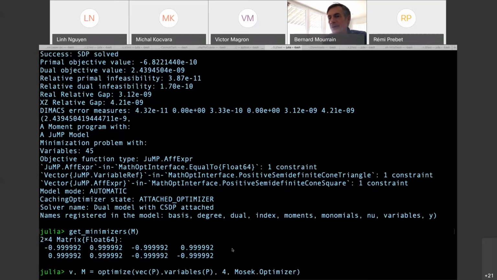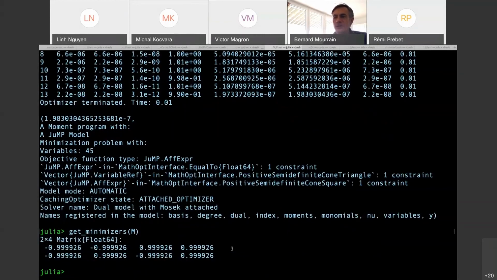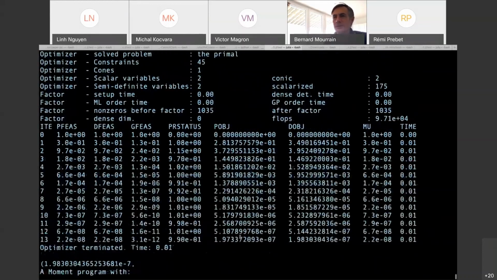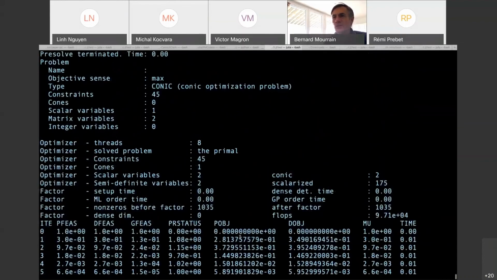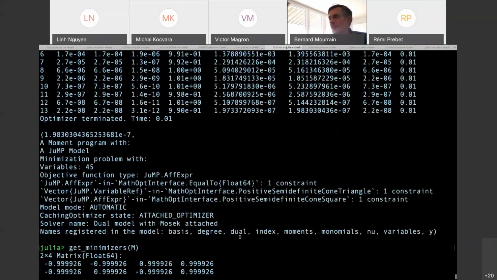And yes, I tried a different problem now, and I got a result. Okay, good. We can try with the solver from Mosek, and it's similar. So we get a similar value, and the minimizers are also similar. And we see here the output of Mosek in this example.